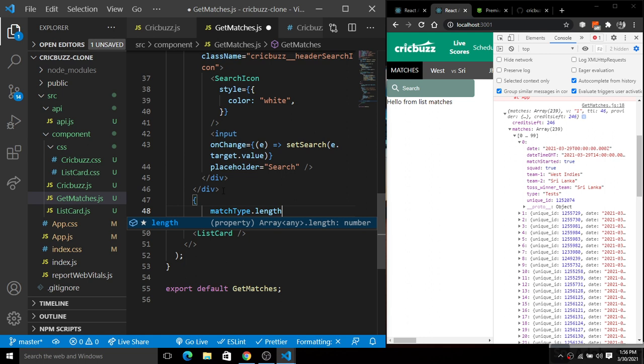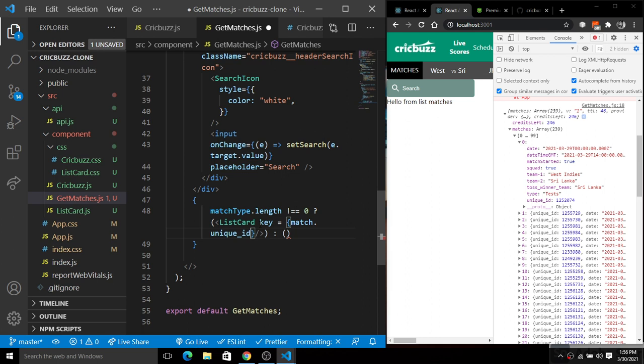So if it is not 0, simply render a list card, and here we will simply pass the key as match.uniqueID. So we'll pass the key match.uniqueID, and the match data also. So matchData, right?